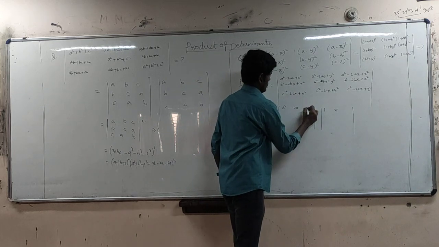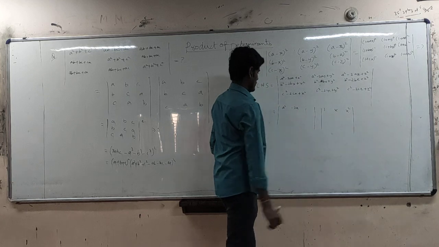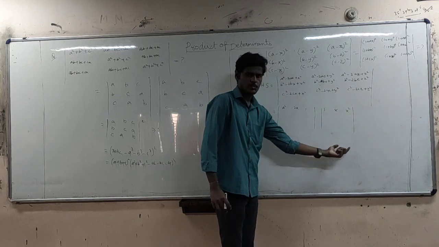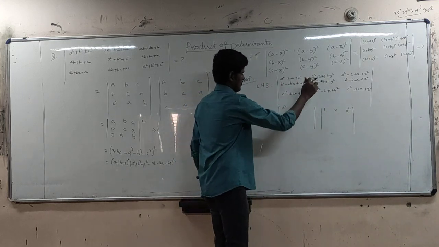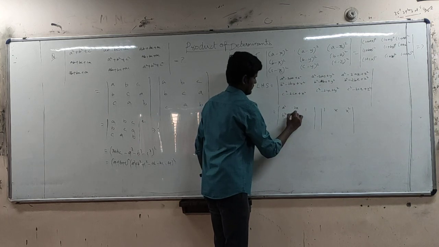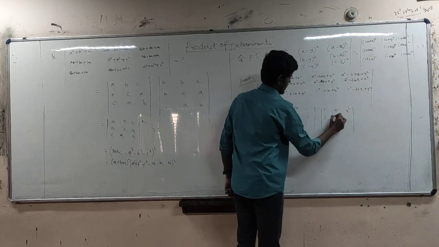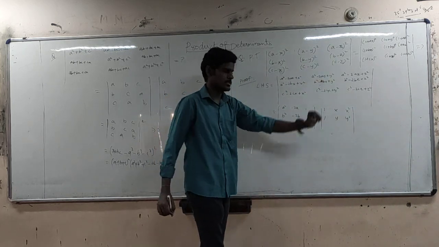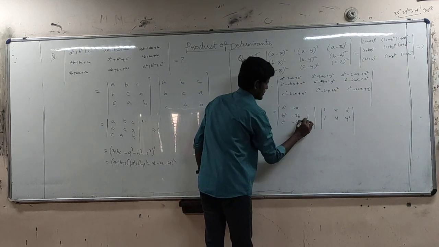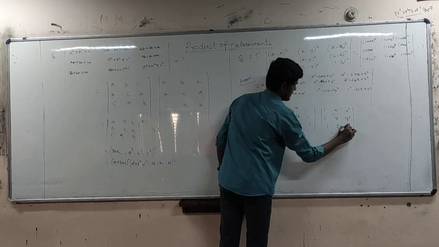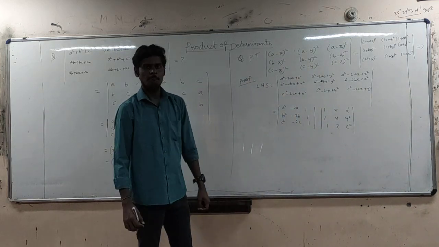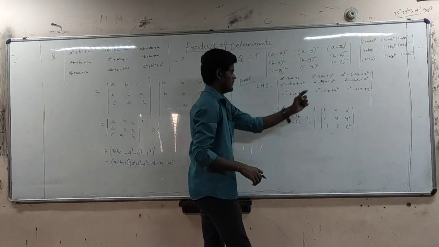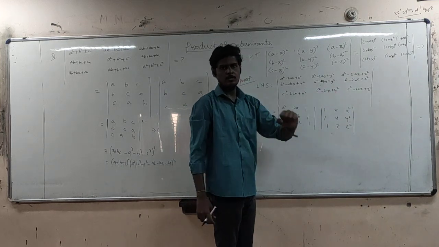And 1 into x square. I am writing a, b, c on one side and x, y, z on the other side. Now by symmetry, just write b square minus 2b 1 y square, because all values are symmetrical. c square minus 2c 1 z square. We can just multiply randomly to check if we get the proper value. I am taking this element to calculate now.